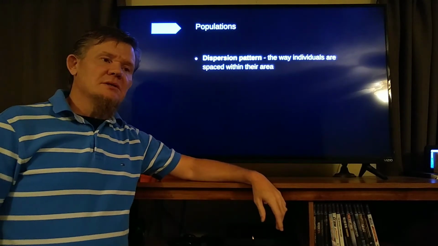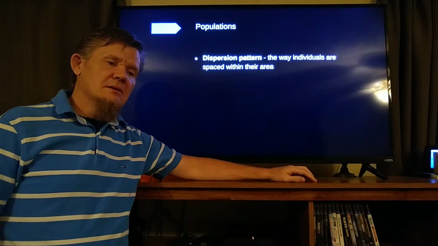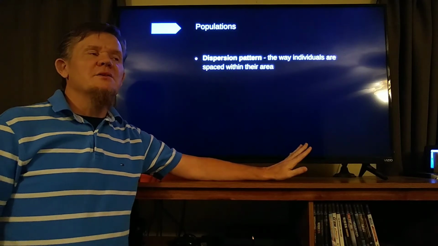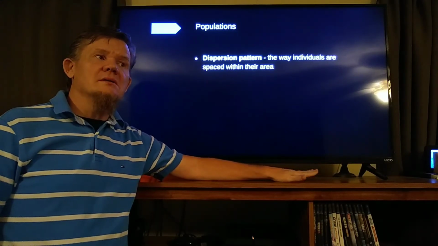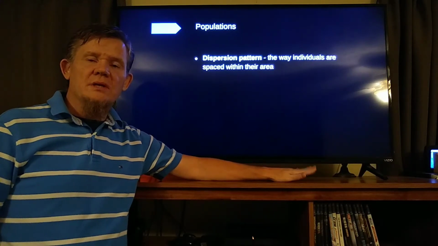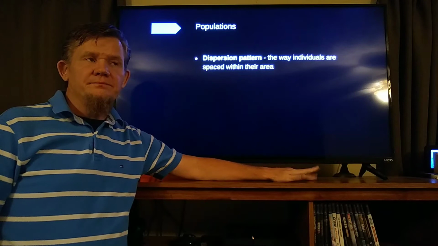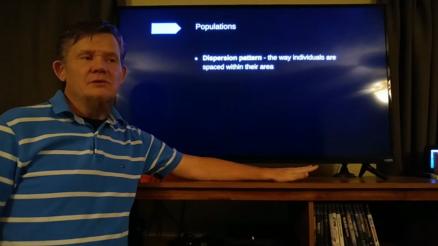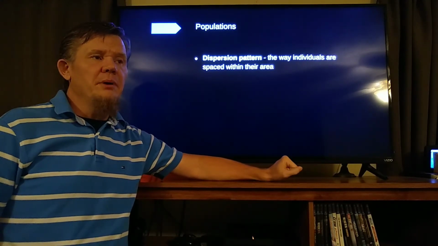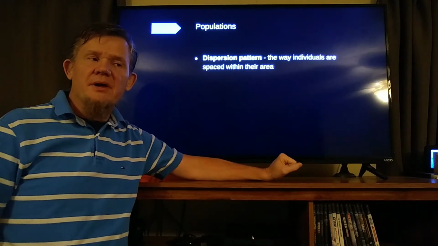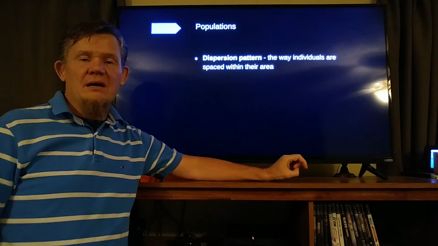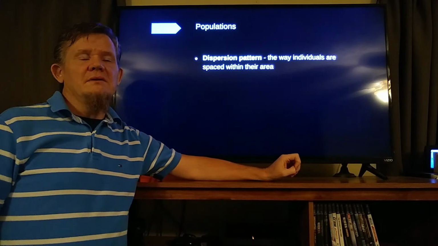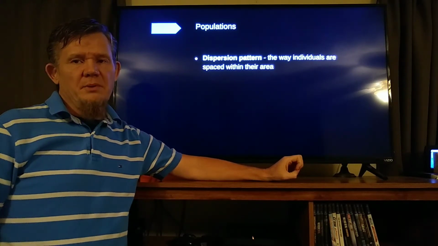While talking about populations, individuals, and the density of the population, we also want to talk about dispersion patterns. Dispersion patterns are how organisms group themselves within their natural habitat. You might think that in most populations the individuals are randomly spread throughout their habitat. The fact of the matter is that's very uncommon. As a matter of fact, it is rare that individuals will be randomly dispersed within a population.